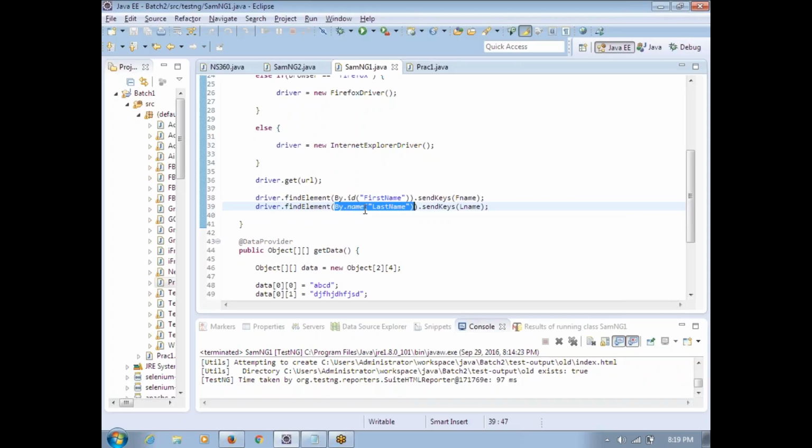So now what we are going to do is split all these things into different locations and try to